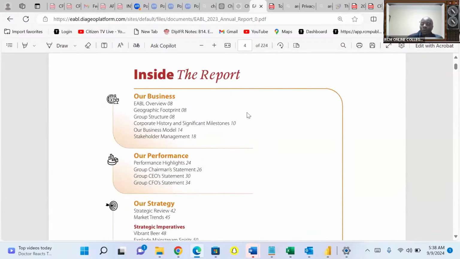Inside the report, what do we expect to see? Our business, EABL's overview, one of those components of the integrated report. The geographic footprint, where are they? The group structure, corporate history and significant milestones, our business model, page 14, our stakeholder management,